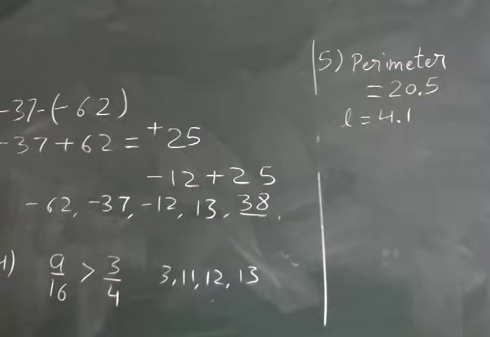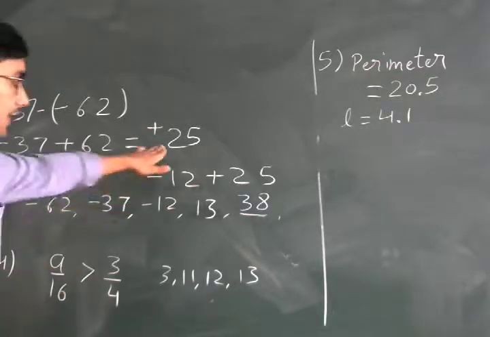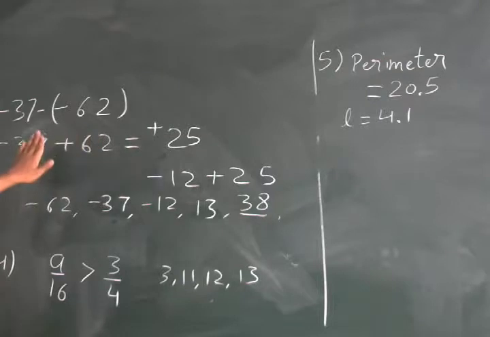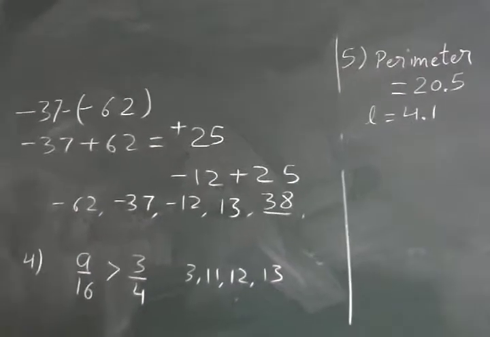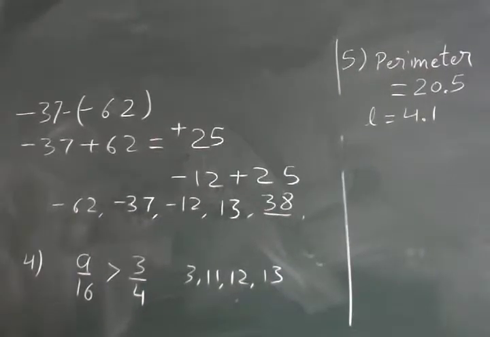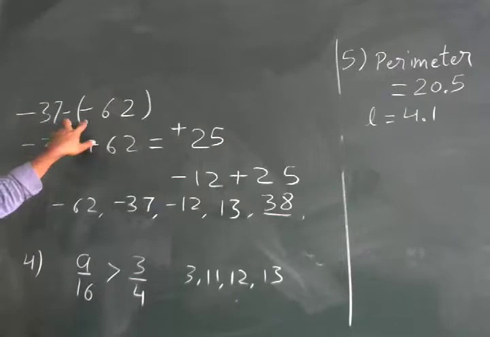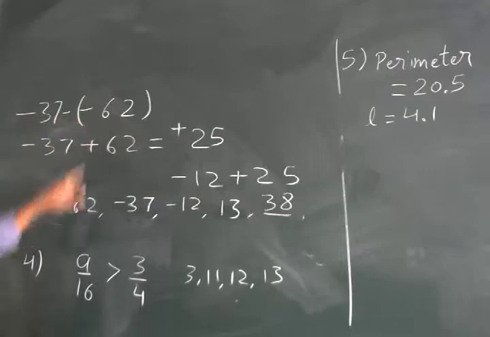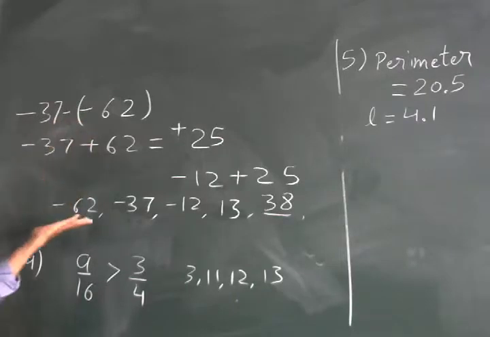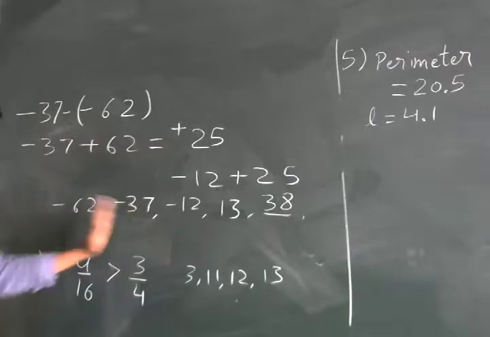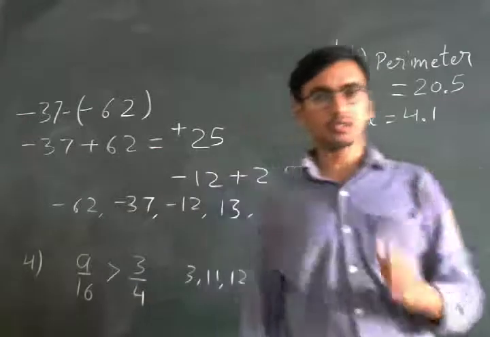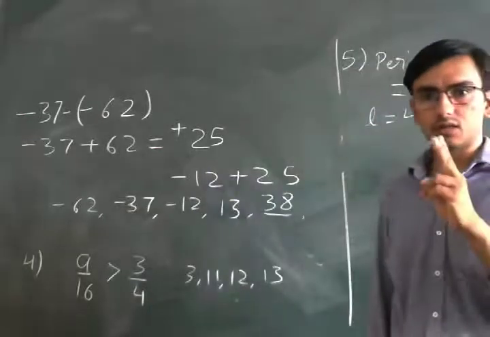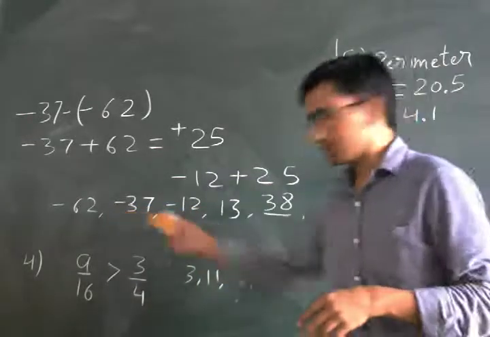So here, as you can see, there is a difference of 25. The first number is minus 37, which is greater here. So where will we start, class? From minus 37, and then minus 62. Why minus? Because here we are finding the difference between these two numbers. What is the difference between the two numbers in the series?